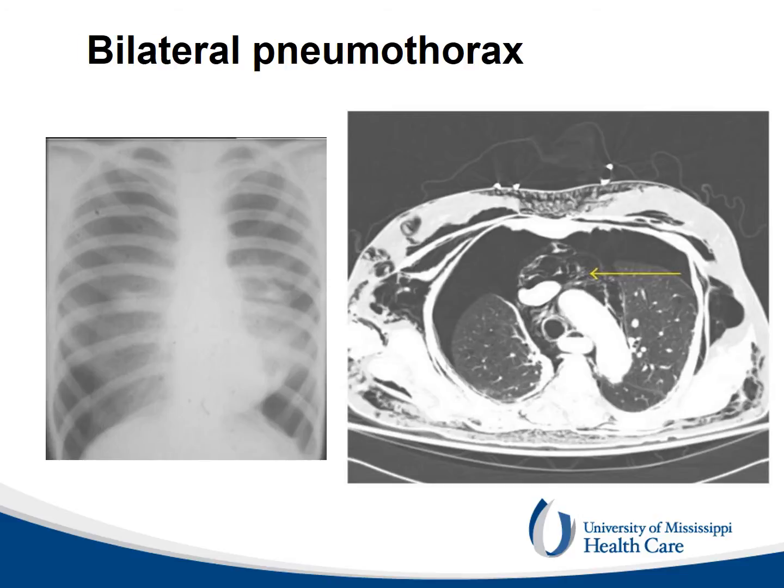Pneumothorax can be bilateral and usually from trauma. This chest CT also shows mediastinal emphysema in addition to bilateral pneumothoraces. Mediastinal emphysema develops from rupture of alveoli in the parenchyma adjacent to the hilum of the lung. Through the root of the lung, the air spreads to the mediastinum, surrounding the large vessels and bronchi, and can enter the pericardium, so-called pneumopericardium.